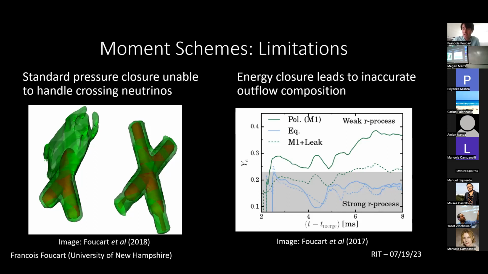And you can see that just the change of energy closure, so change in the assumption you make for the energy of the neutrinos, can have a very significant impact on the electron fraction here. And so that to me tells me that we definitely need some sort of energy dependent scheme if we want to do better than this kind of errors here, right? This is already better than doing leakage by far, but it might not be enough to get detailed nucleosynthesis predictions